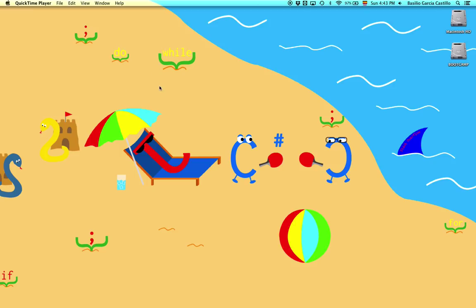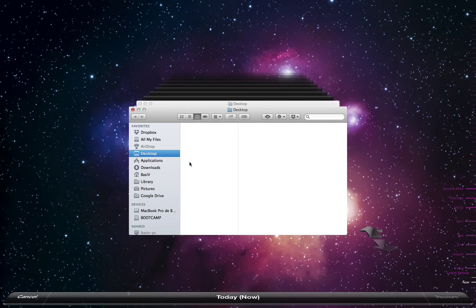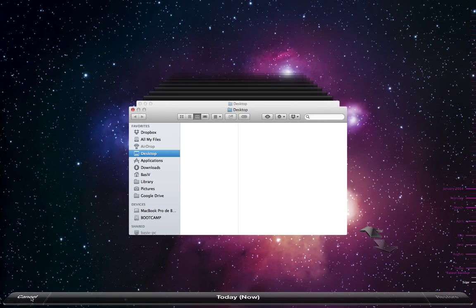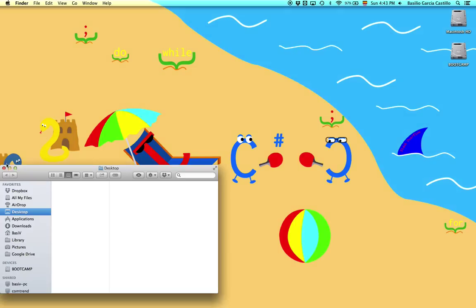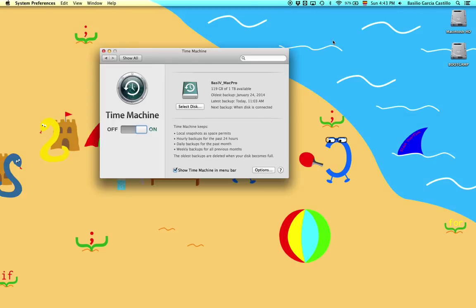So how to access Time Machine? Just go up here to this little symbol, and from here you can enter Time Machine if it's already set up. However, if it's not, you can go to Open Time Machine Preferences,